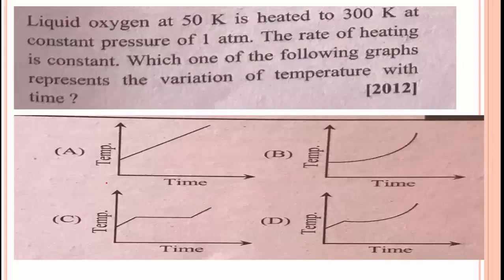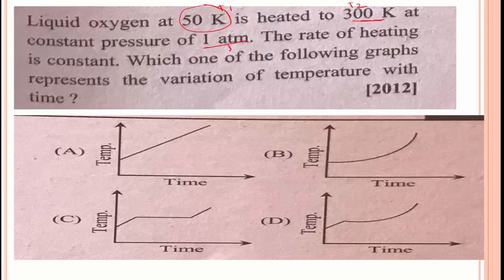The next problem: liquid oxygen at 50 Kelvin. Here 50 Kelvin is already in Kelvin, so need not worry about this. You do not need to convert it into degree Celsius. Liquid oxygen at 50 Kelvin is heated to 300 Kelvin. This is the initial temperature T1, 50 Kelvin. When we supply a certain amount of heat to that oxygen, it increases to 300 Kelvin, that is T2,